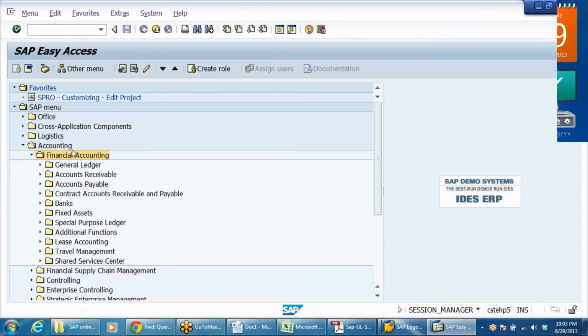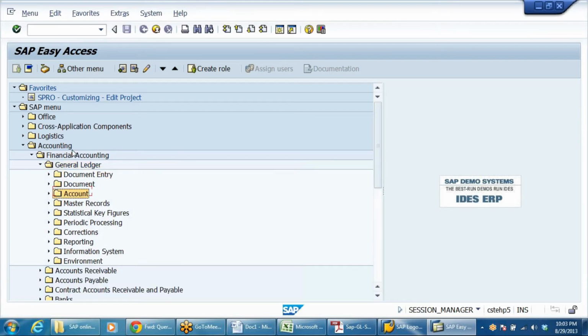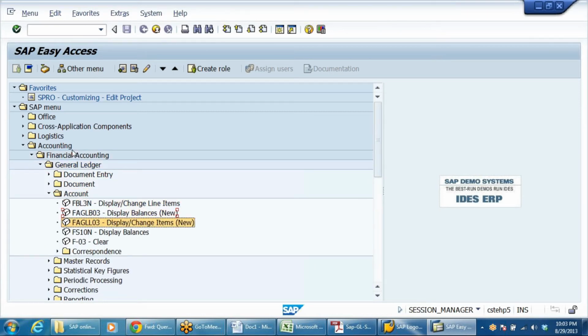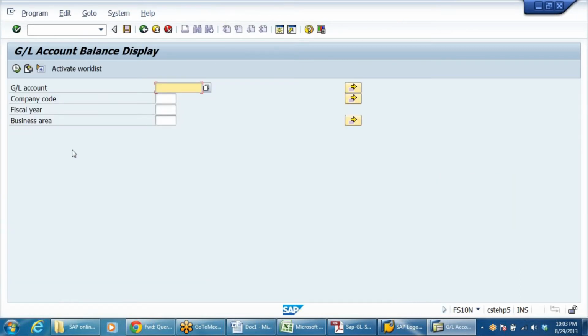Let's go to financial accounting, general ledger, account, FS10N. I'm looking at the bank account, company code, fiscal year 2013.